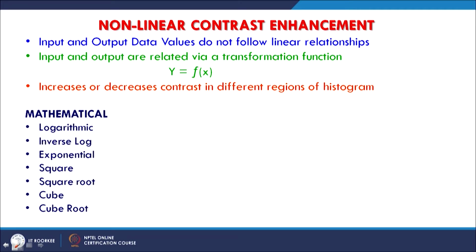So that means, rather than distributing the values in a linear fashion throughout the full dynamic range, that is, in the case of 8-bit, 0 to 255, we will choose a method based on different mathematics as shown here, and redistribute things maybe based on logarithmic, inverse log, exponential, square root, cube and cube root. So there are different mathematical methods implemented in nonlinear enhancement, and some are also statistical methods, and one is this